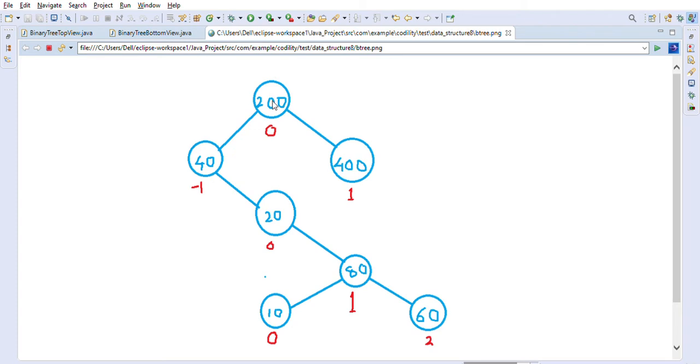So you can see that the nodes 200, node 20 and node 10 are on the same level, because they are one below the other. So when we are looking at it from the top, then we will only see 200 and not 20 and 10, because they will be below 200. So when we are looking at it from the top, what we will be seeing is node 40, then node 200, then node 400, and then node 60.